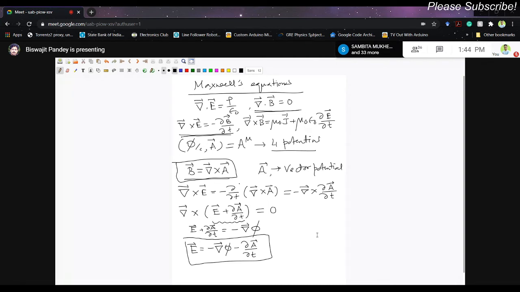But if you work with scalar potential and vector potential, you need to find only 4 numbers, because the scalar potential is a scalar function. You don't need to think about its components. So phi and the vector potential A together give you 4 components, right? You need 4 numbers to represent the electromagnetic field. And if you use either F mu nu or E and B, we need 6 numbers, 6 components.